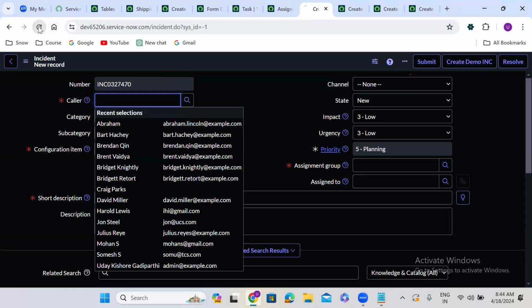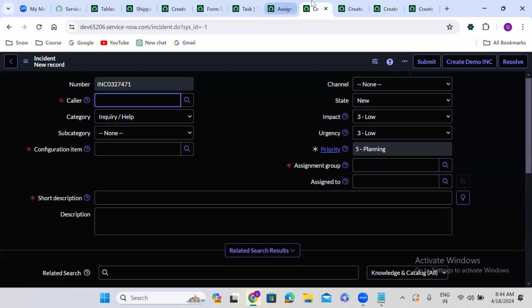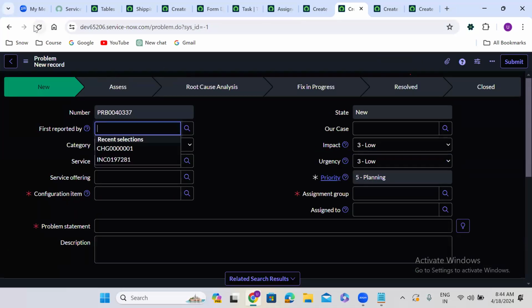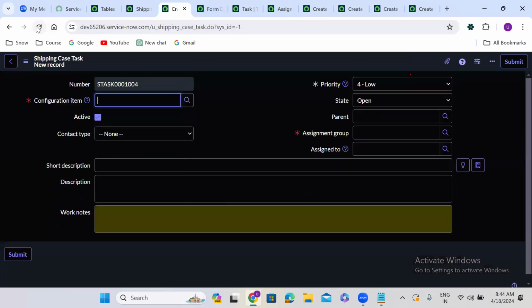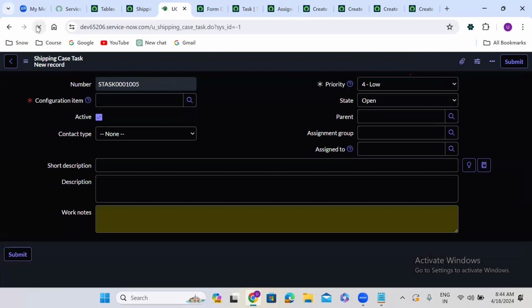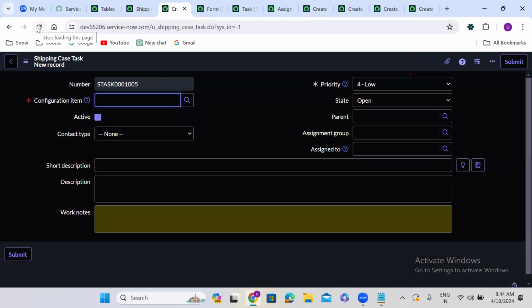The incident form, there is a dictionary override, I believe. That is why it is mandatory. It has become non-mandatory. If you go to the shipping case task form, it has become non-mandatory. See, what is my requirement is, it should become mandatory only on the shipping case task